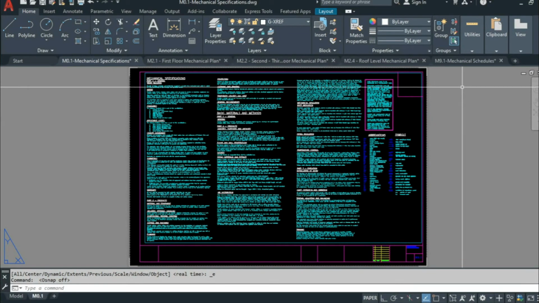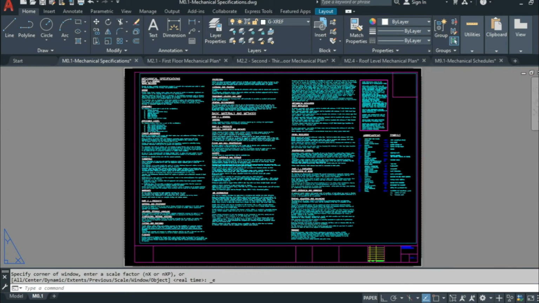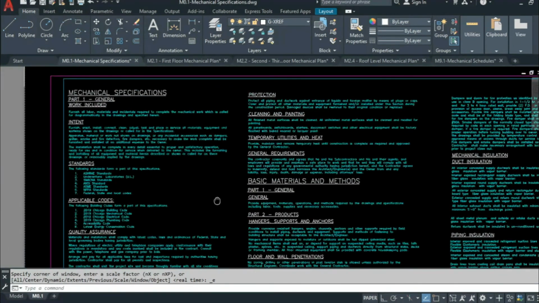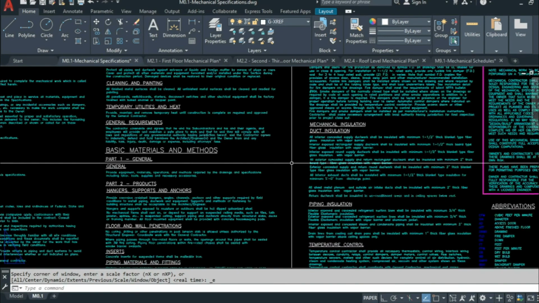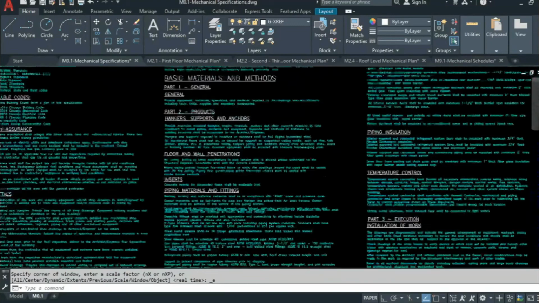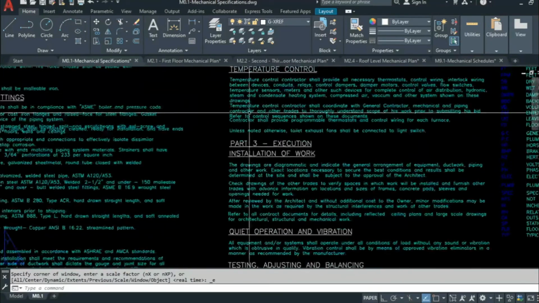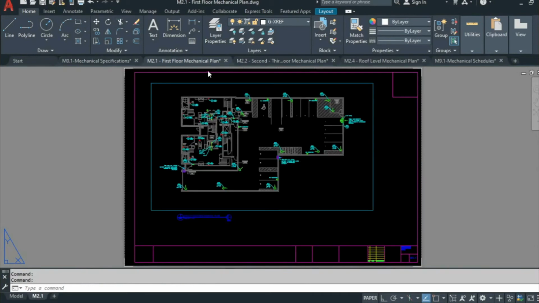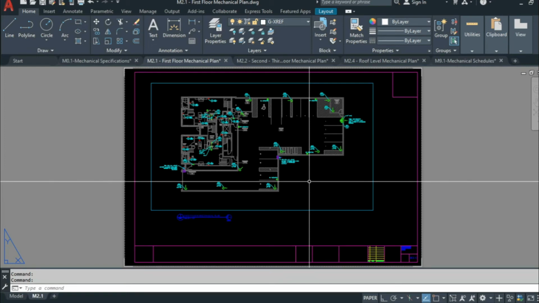This is a project that is currently being built. The first CAD sheet, M0.1, will talk about the engineering intent specification that explains the methods of how to install mechanical ventilation design. CAD sheet M2.1 is the first floor ventilation plan in the parking garage. As you can see, here are all wall-mounted heaters in the garage, ready for the cold.